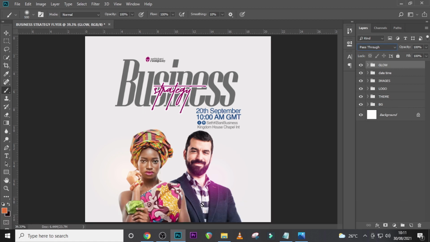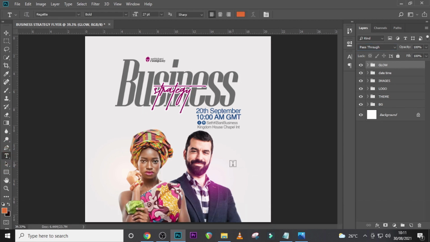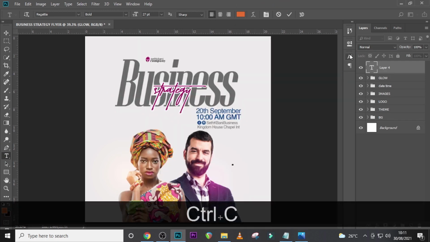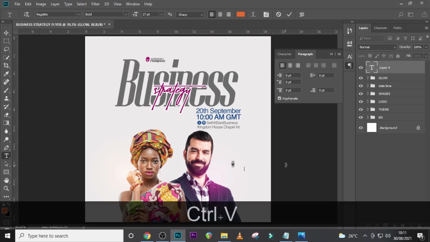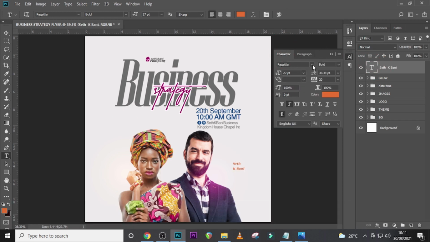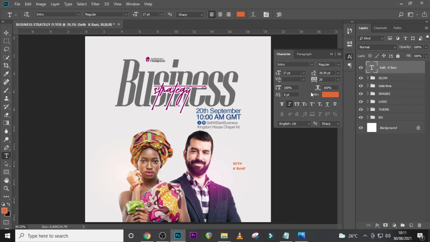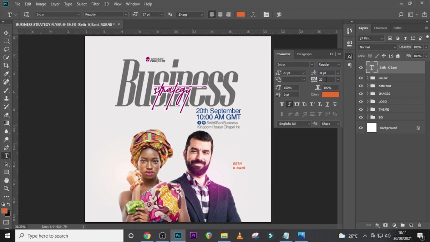Now let's deal with their names. Let's type somewhere here. Click on your text tool, type somewhere here, and then let's pick the rest of the details. Go to your character, go here, and then click on this side, the left alignment. Now we are going to use Intro, so you click on the Intro. Here is regular. Let's set here to 34, and then let's set the tracking to -40,